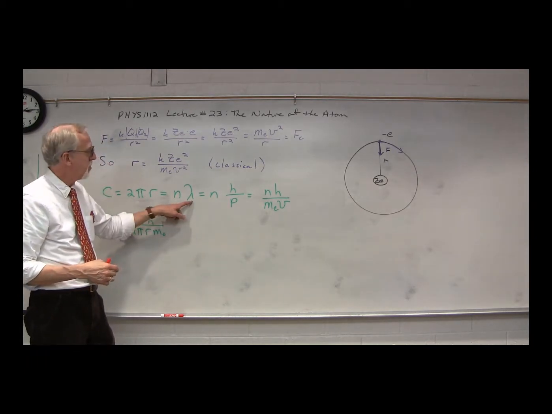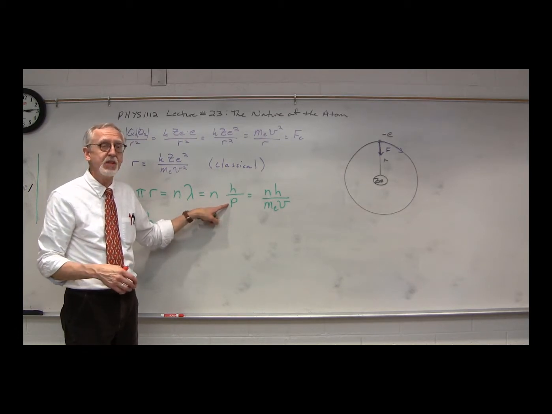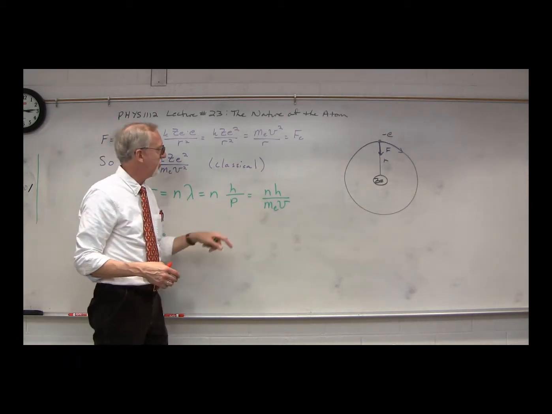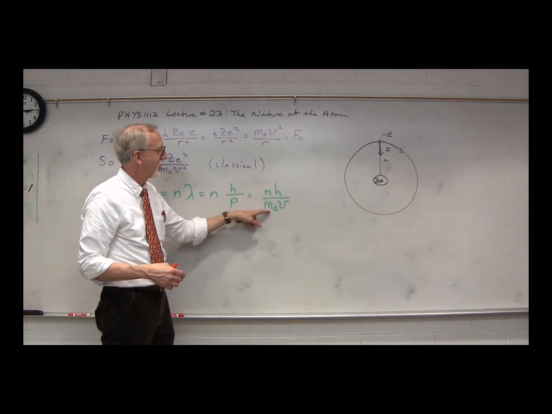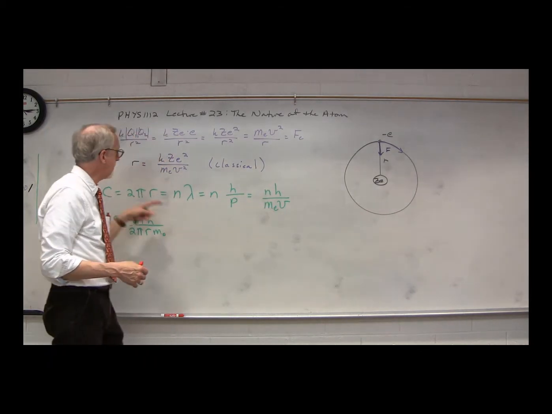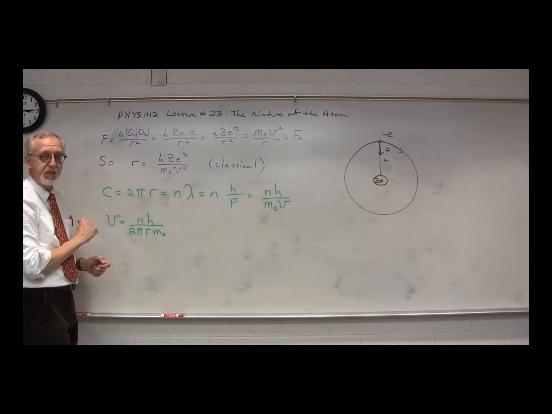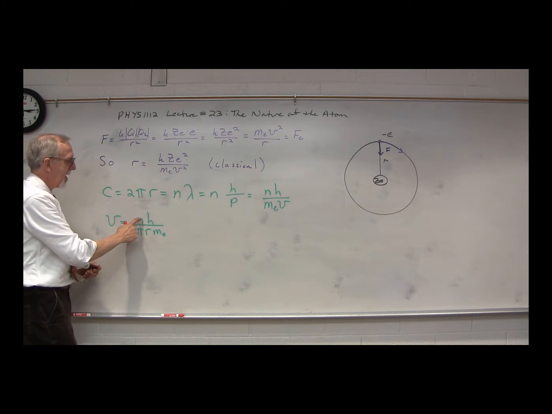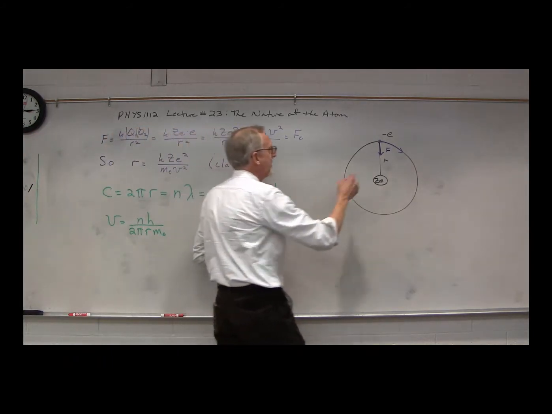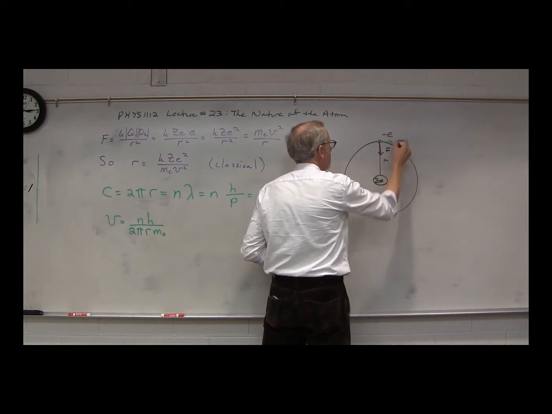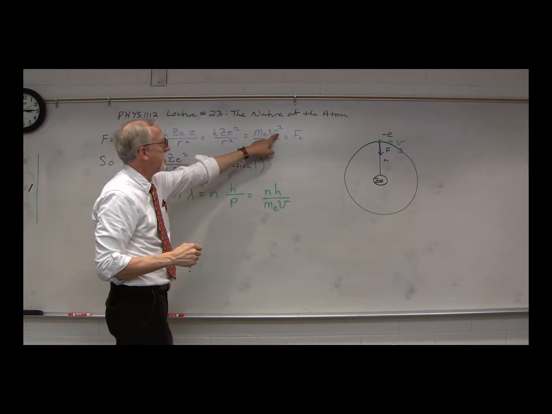the orbit. Now remember, the de Broglie wavelength is h over p, where we're talking about the momentum of the electron, and p is m v, so we have that 2 pi r is n h over m_e v. Multiplying by v divided by 2 pi r, we have that v, the velocity of the electron, is equal to n h over 2 pi r m_e. Let me just emphasize that v is the velocity of the electron as it goes around its orbit, just like we had up here for the